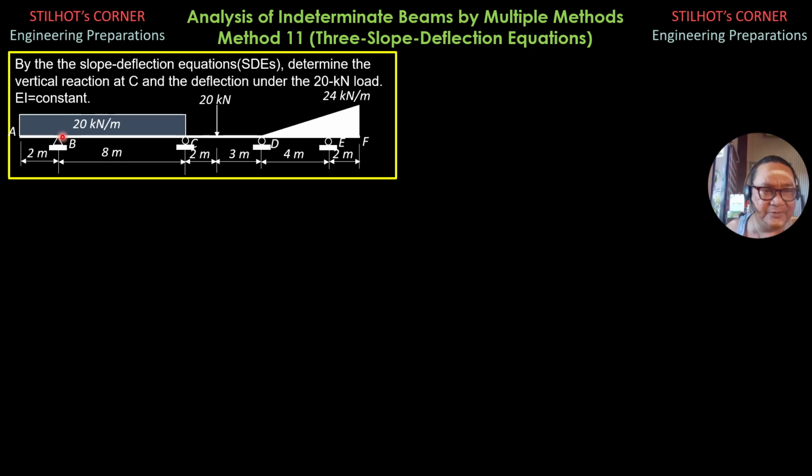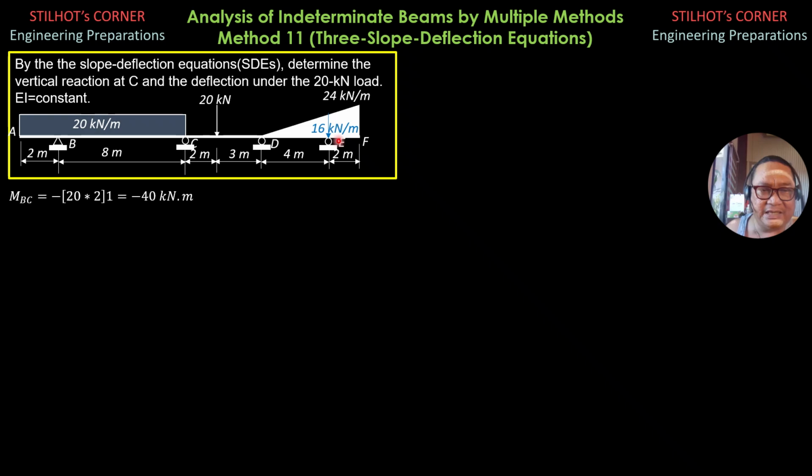That is MB, which is MBC, is negative 20 times 2 times 1. By the way, by similar triangles, show that that is 16 kilonewton per meter, the load intensity at E. So MB again is negative 20 times 2 times 1, and this is MBC, negative 40 kilonewton meter.